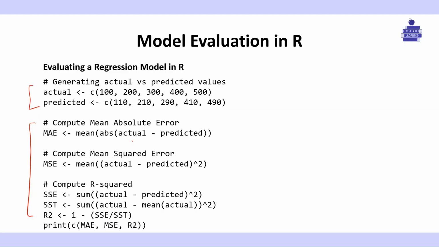So final thoughts for this video: we started with correlation that helps in finding relationships. Next is regression that predicts the outcomes. Then we talked about time series that analyzes the trends over time. Lastly, model evaluation that is used to ensure accuracy. That's a wrap for this video, and we are done with statistics in R.